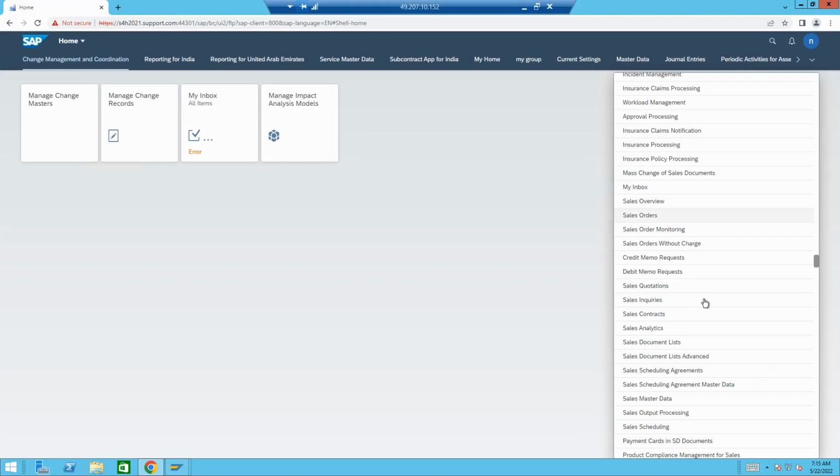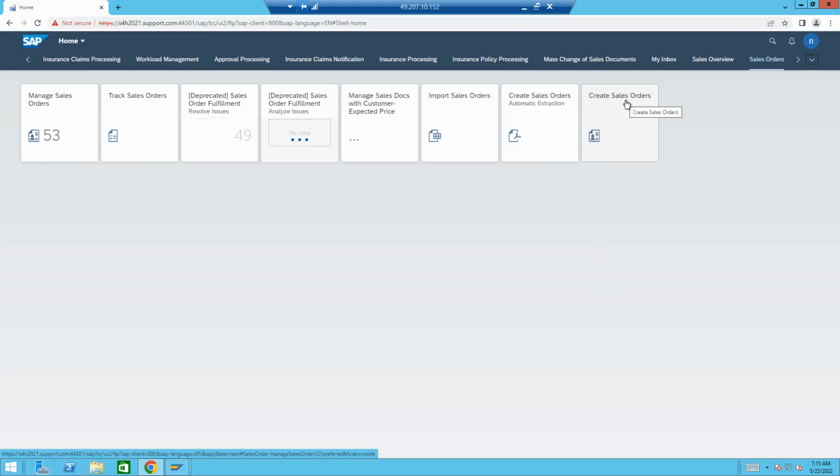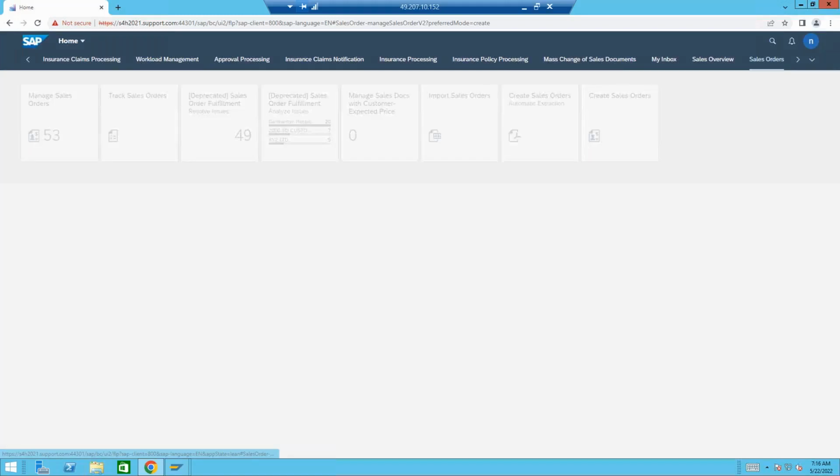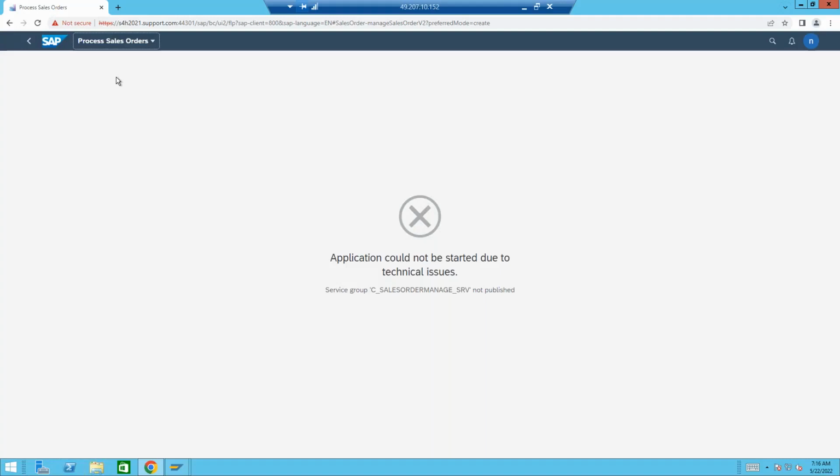So maybe if I go for sales orders, you see create sales orders, right? So this is a transactional app which will help us to create a transaction. If I click on this, it will allow us to create a sales order. Okay, there are service errors, because this all runs on services, Java services, HTML services. So many services have to be activated to connect this to the database. Maybe there is some issue, or else let us try with